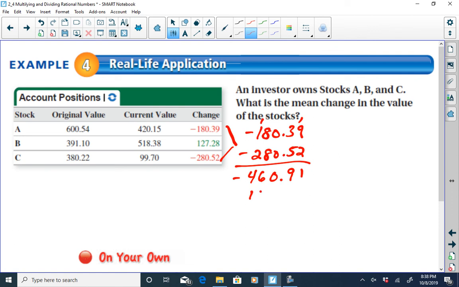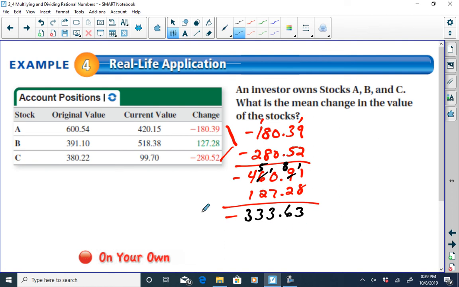So I'm going to do the 127.28. And I know that my answer is going to be negative because I have more negative than I do positive. All right. Can't subtract 8 from 1, so we borrow from the 9. Rename it an 8. That becomes 11. That's 3. That's 6. Decimal point. Borrow from the 6. Rename it a 5. That's 10. That's 3. That's 3. That's 3. So we wind up with negative